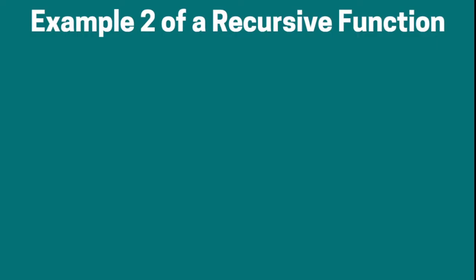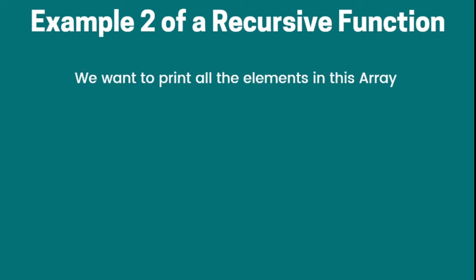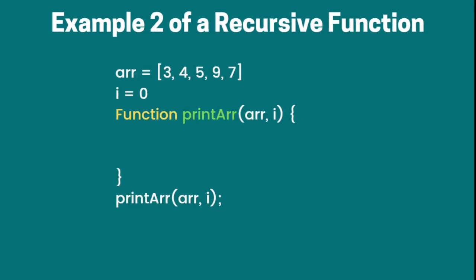So we have example 2 of a recursive function. We want to print all the elements in an array. I hope you understand what an array is. If you don't, you will see what it is here. We want to print all the elements in an array recursively. We have an array here. We have I, which equals 0. I is basically going to serve as our index here. The function printR takes as its input r, which is our array, and I, which is going to serve as our index,